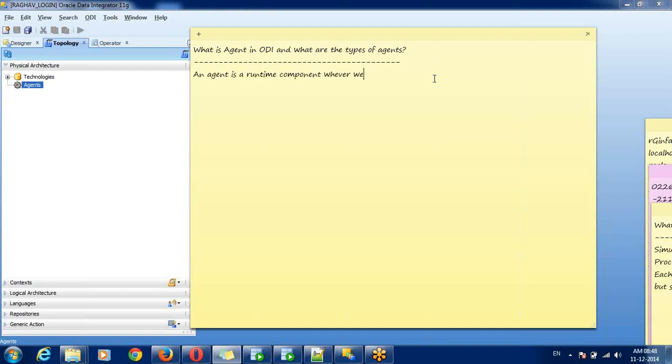Whenever we are running a program at the client side, that is ODI Studio, this agent will come into the picture and it will transfer all your source code from client to servers.